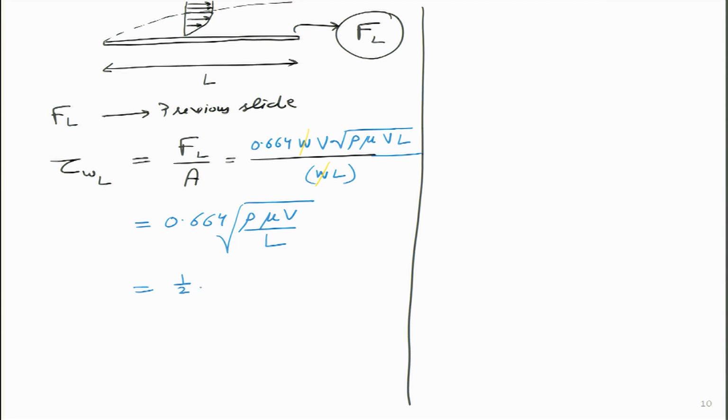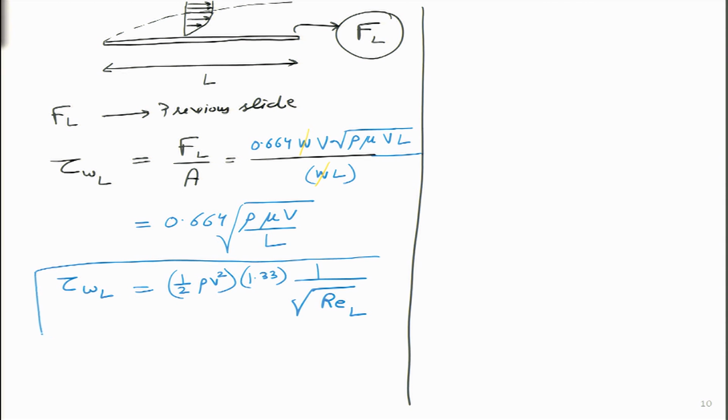So how can I get this rho V outside over there? What I am going to do is divide it by rho V in the denominator, and then I have this particular expression, because 0.66 I will double it, it becomes 1.33, and what I get is square root of Reynolds L. So, this turns out to be a very neat equation,